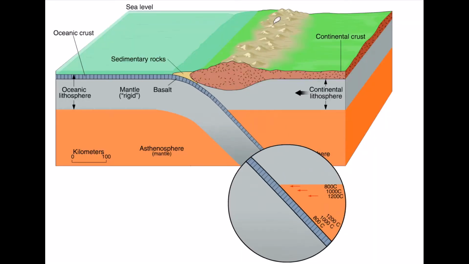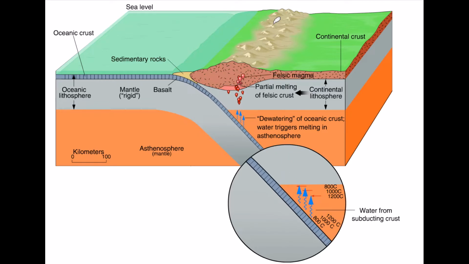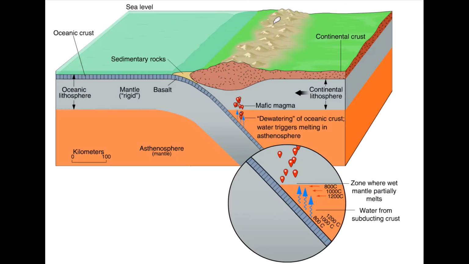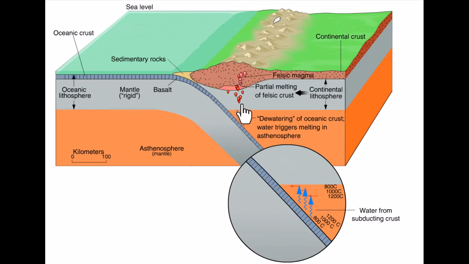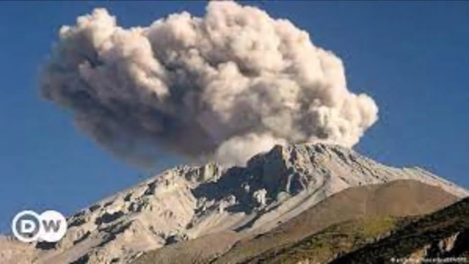As the oceanic crust descends into the hot mantle, additional heat generated by friction helps the plate to melt, usually at a depth of 400 to 600 km below the surface. As it is less dense than the mantle, the newly formed magma will tend to rise to the Earth's surface, where it may form volcanoes. These volcanoes erupt often violently, producing large amounts of volcanic ash, lava, and mud flows, which pose a hazard for